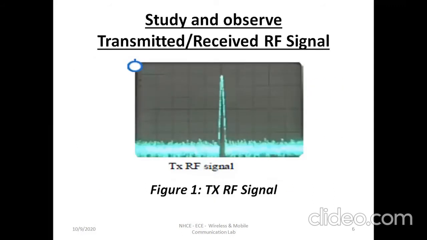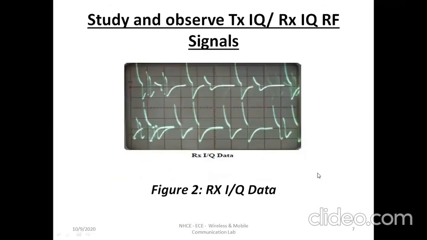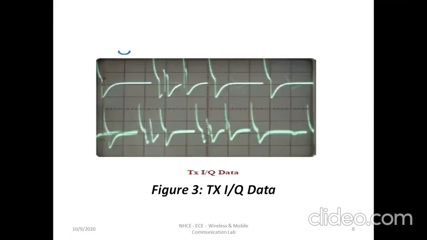So these are some of the signals that you would see with respect to your transmitted RF signal. You can see how this is observed in your digital oscilloscope, the levels of signals that can be attained from the transmitted side, and your RX IQ data. This form of signals can be observed. I'll be showing you in the next session, the practical session, and you'll be able to observe these signals. Similarly, for your transmitter side data.